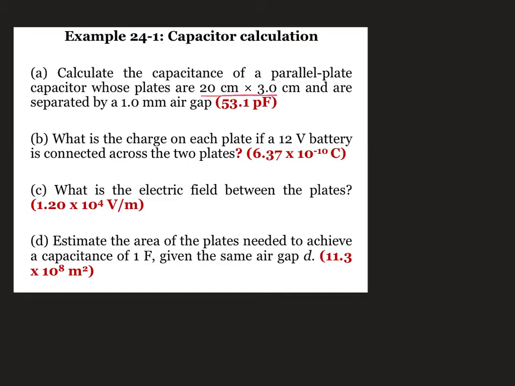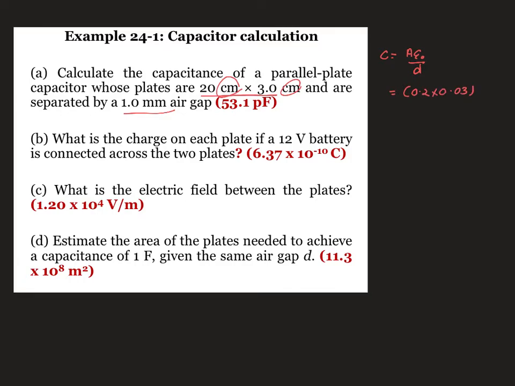centimeter times 3 centimeter. Please take note that when you have this kind of unit, make sure you always change into SI unit, and the plates are separated by 1 millimeter of air gap. Okay, so the question asks you about capacitance, so you can use C equals A epsilon naught over D. So the area is going to be 0.2 times